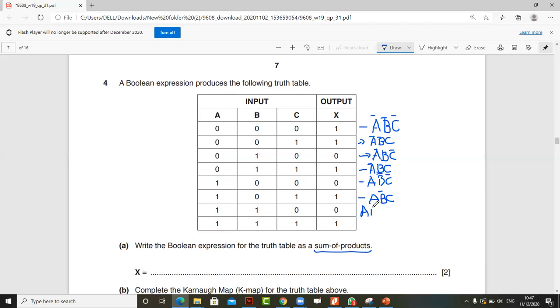A, B, C inverse. A, B, C. Now, if I want to find the sum of products expression for this, then what do I do? You can see over here that what I have is A, B,